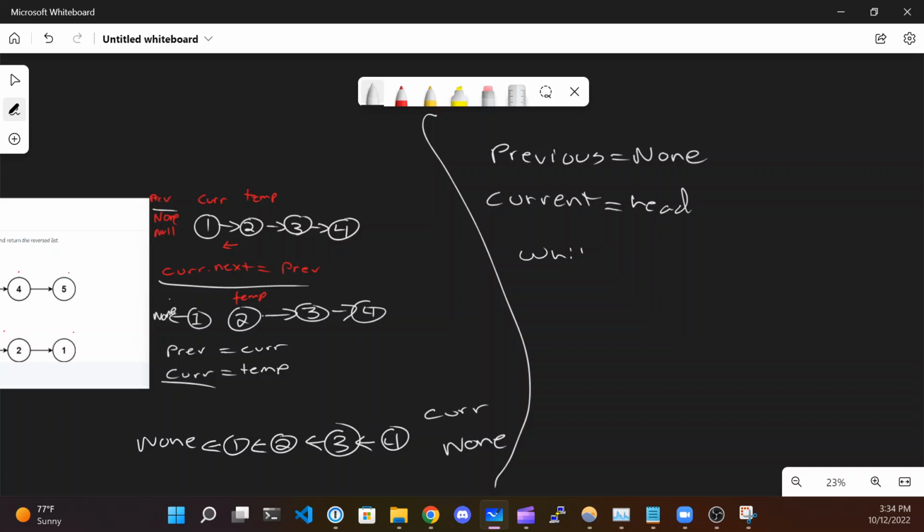While current does not equal none. And I believe you can actually shorten this to just say while current. But if you're not familiar with that syntax, you might as well say it explicitly, and just say while current is not equal to none. So while current is not equal to none, inside of this loop, we're going to say